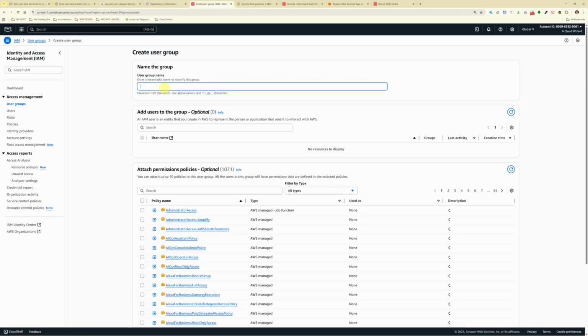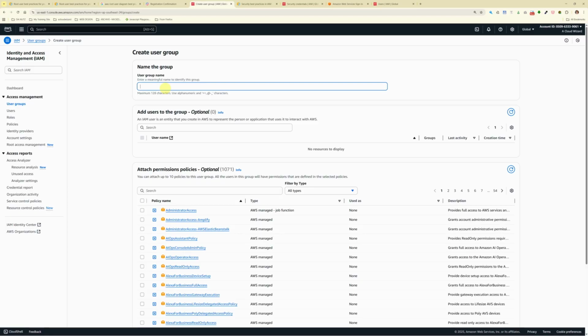and let's call it admin group. We're not going to add any users. We don't have any at the moment. But what we are going to do is tie this first policy that you see here. So you don't have to search for it. It should be the first one in your list. We're going to tie that to this group,